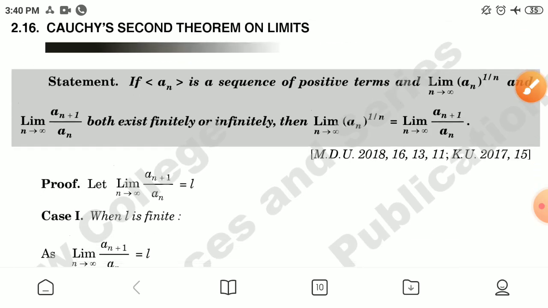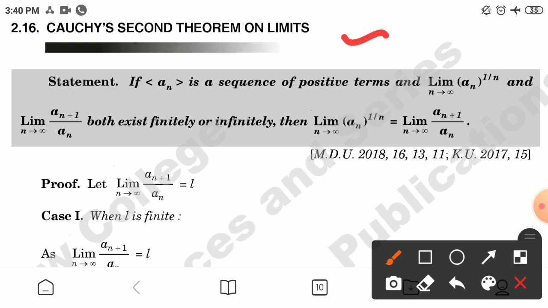Now the next result, Cauchy's second theorem on limits. If An is a sequence of positive terms, and the limit of An^(1/n) as n tends to infinity and the limit of A(n+1)/An as n tends to infinity both exist, finitely or infinitely, then the limit of An^(1/n) will be equal to the limit of A(n+1)/An as n tends to infinity. For the proof,